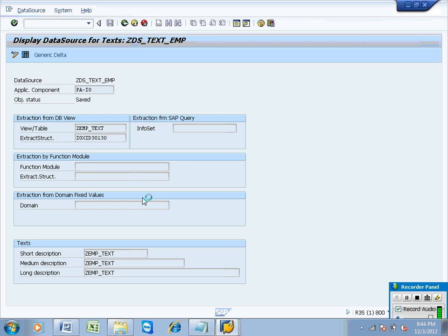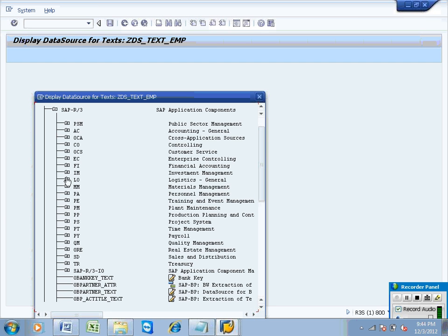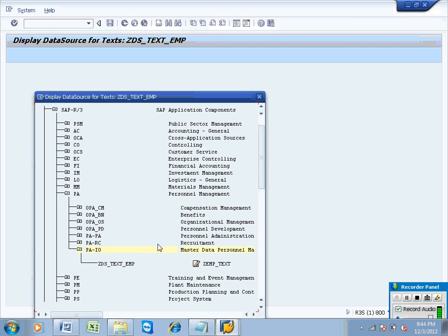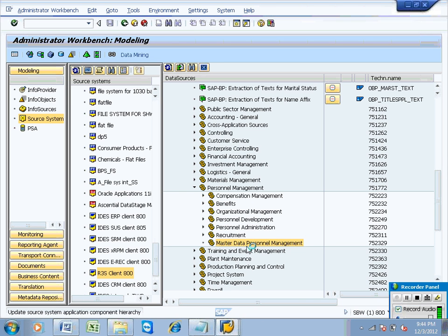You saved the data source and assigned it to CAIO, which is under Personal Management and Master Data Personal Management. So replicate at Master Data Personal Management.